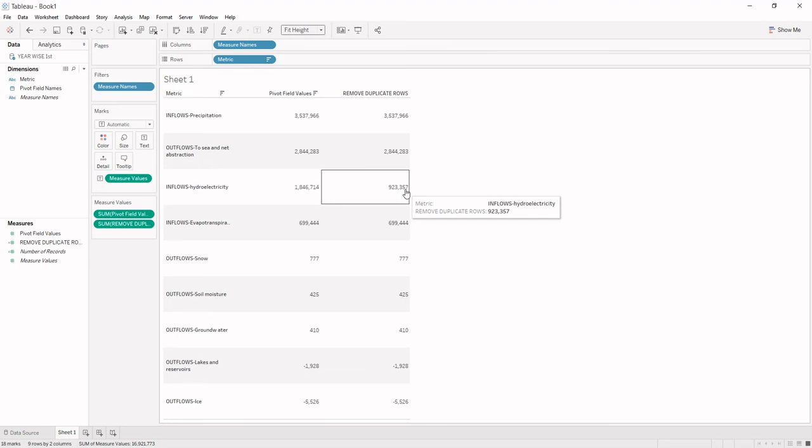For the identical rows, it takes only one row at a time. Whereas for others, it takes equal values. Hence, it means that in inflows precipitation, net abstraction and evaporation, and for others, there was no redundant row, whereas we have a redundant row only for hydroelectricity. If you want to see it, I can show you in the data source also.